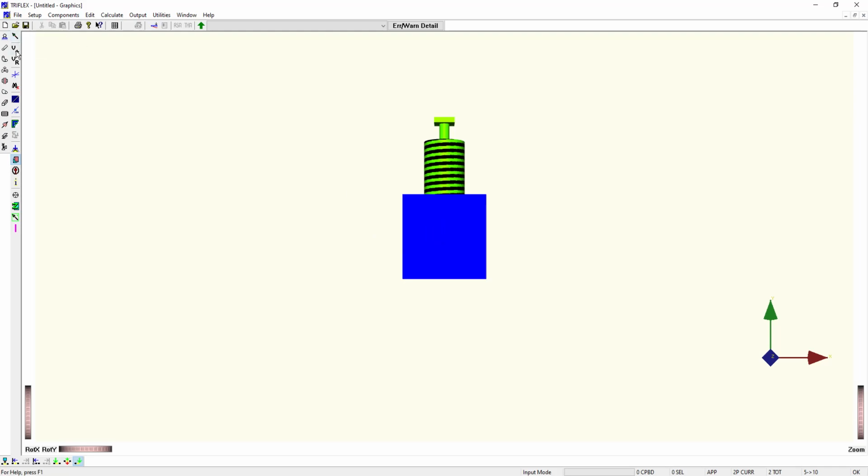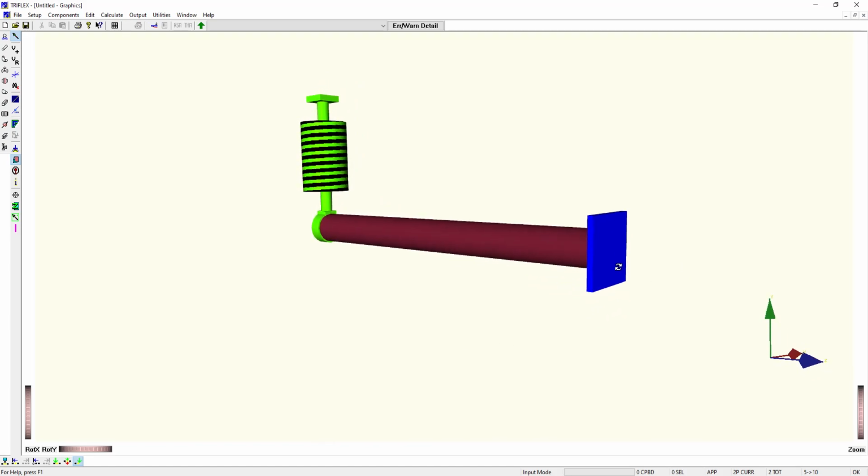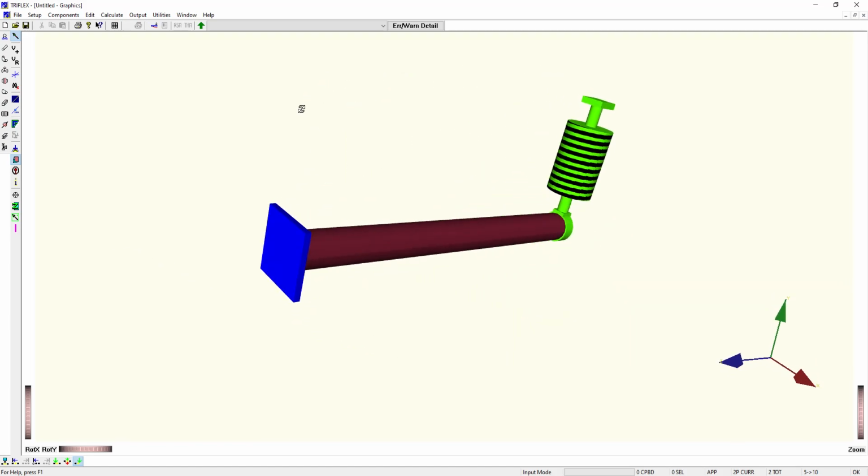Up here in our graphic toolbar, which is to the right of our component toolbar, you can switch it back and forth from selection to rotation. Now you can press escape as well. The escape key toggles that as well. So when we do that, we can just adjust this just a little bit and we can see that. But we want this